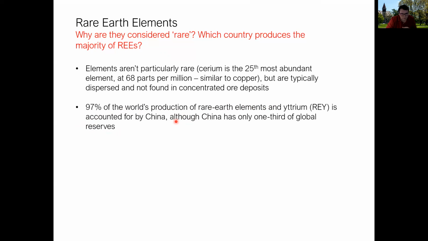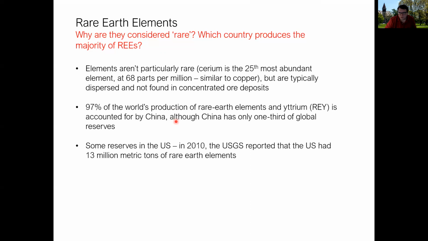So, they basically have a bunch of sand deposits that are rich in rare earth elements, and more so than most of the countries in those regions, they have very relaxed policies about the manner in which the rare earth elements are mined, the strategies for leaching with hot acids and stuff like that that can remove these materials. As a result, they control a lot of this. The USGS reports the U.S. has about 13 million metric tons of rare earth elements. There aren't many active rare earth element mines left in the United States. A few in Colorado and a few in California, but by and large, we're pretty limited, and so is most of the rest of the world.